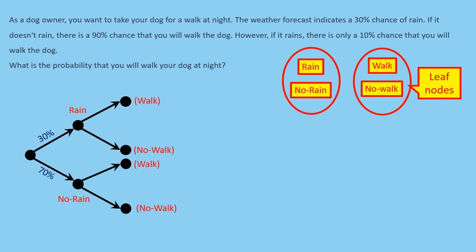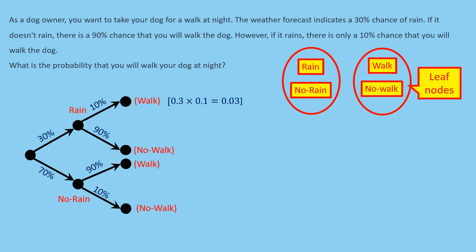If it rains, we have a 10% chance of walking and a 90% chance of not walking. If it does not rain, we have a 90% chance of walking and a 10% chance of not walking. Now we have four final outcomes: rain and walk, rain and no walk, no rain and walk, and no rain and no walk. To find the probability of any outcome, we multiply the probabilities along the branches that lead to it. However, because we are interested in the probability of walking, we calculate the probability of rain and walk as